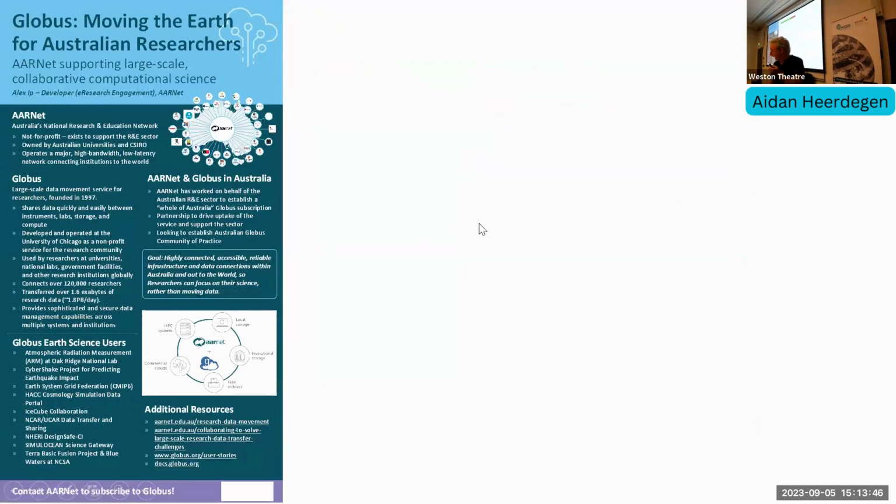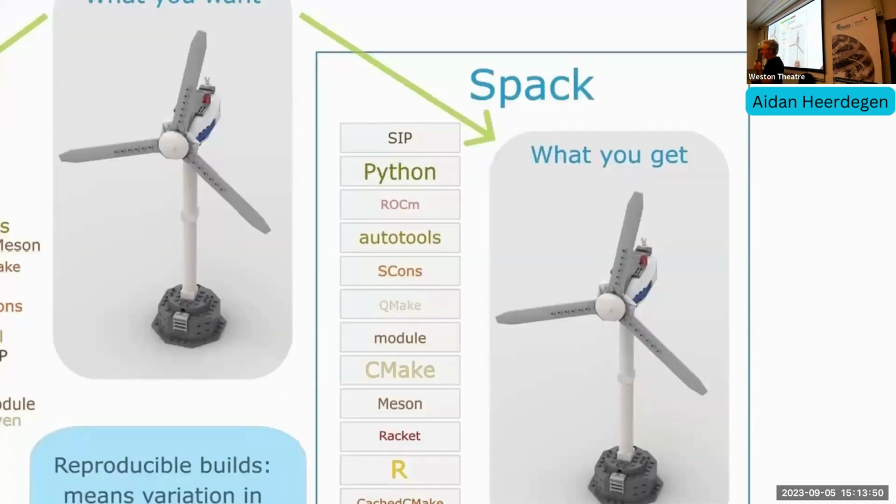Anyway, don't worry. What we're going to try and do is use Spack to make model building easier, better, and more transparent, more reproducible, and just better in every possible way. So come to my poster, build a model, take a picture, upload it to the forum topic, and you get to come up with a box of Lego.